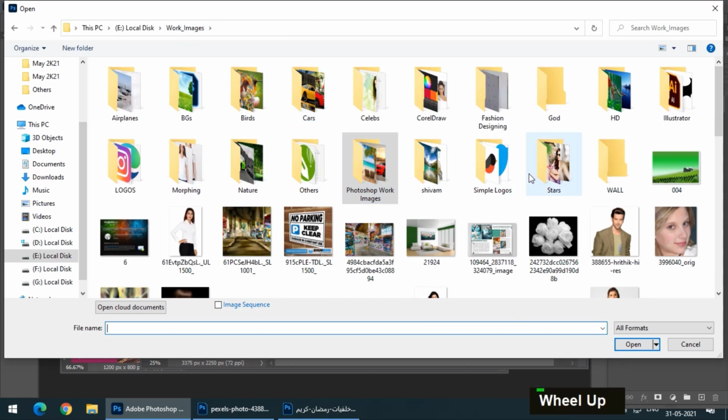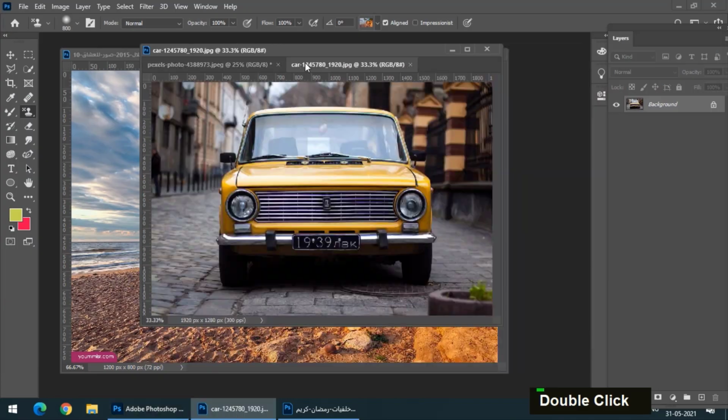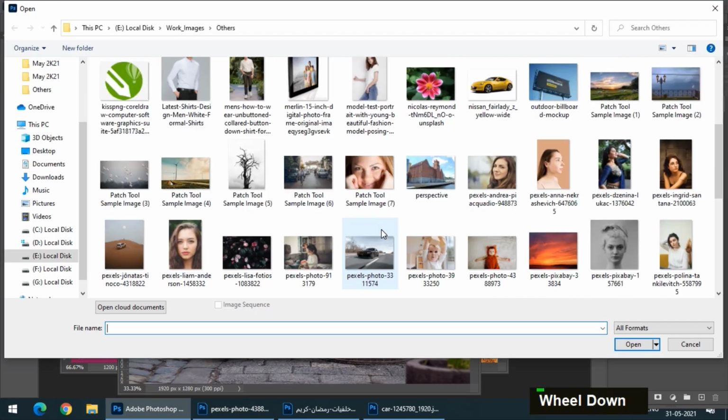an image with better quality? What if I choose this image? Yeah, this looks larger than this one. No, I think that baby's image is very big.